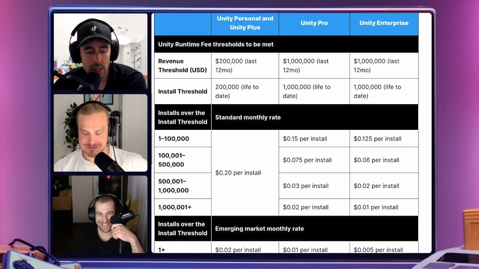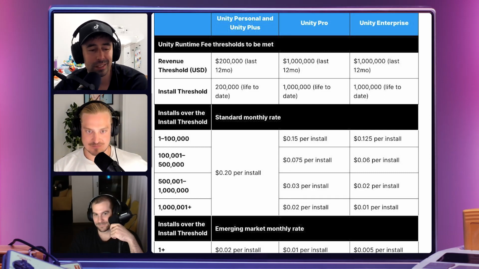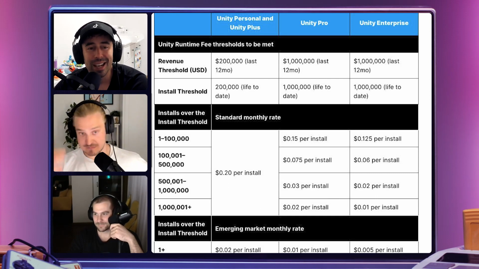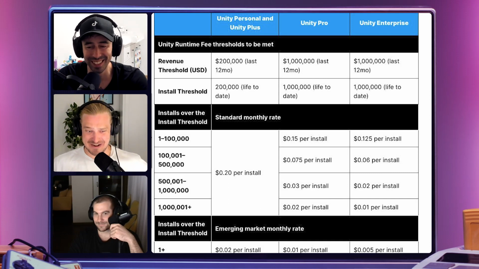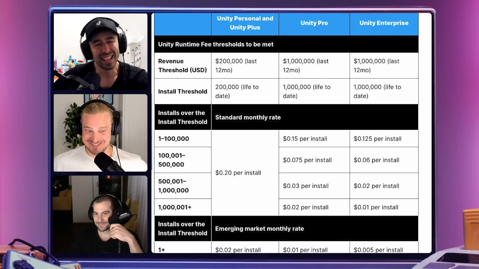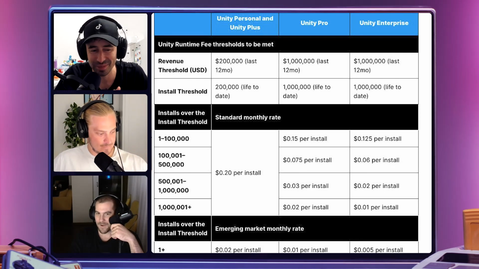That's aggressive. So I was kind of speculating, if this table, which says emerging market, actually means HQ of the company, or whether emerging market is an install from those geos. Because if it was the HQ, I could see a lot of companies moving their HQ to these countries. I don't think developers are that lucky. Yeah, I know. No, it's based on the location of the install. Yeah, it's install. Unfortunately, I was already like, I would move.